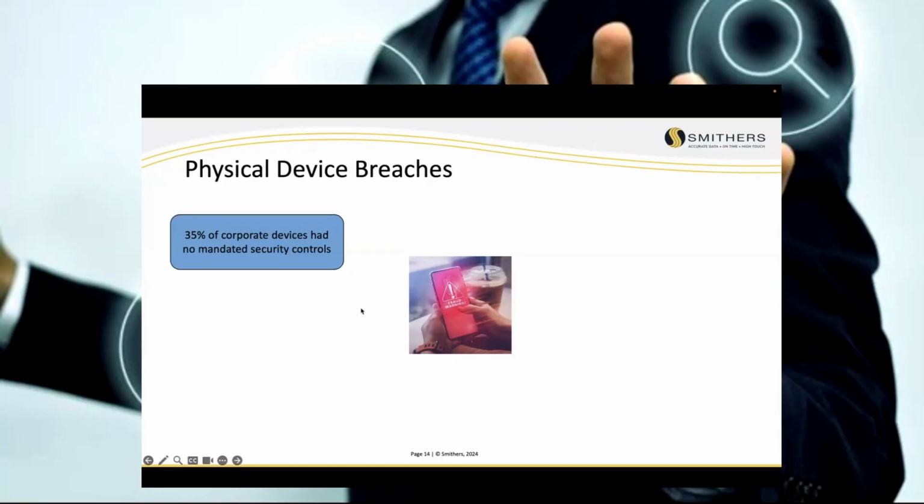About 35% of the companies out there aren't doing it, or 35% of all the corporate cell phones, smart devices, laptops, etc., have no mandatory controls on it. This drives me crazy. 50% of all devices, mobile devices, cell phones, laptops, tablets, 50% of all of them out there do not have a password, a PIN, or a biometric lock on them. I have gotten on my teenagers and finally convinced my teenagers that they needed to put at least the minimum of a PIN on their cell phones.